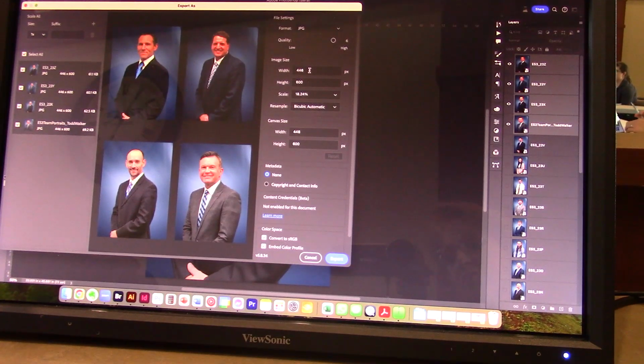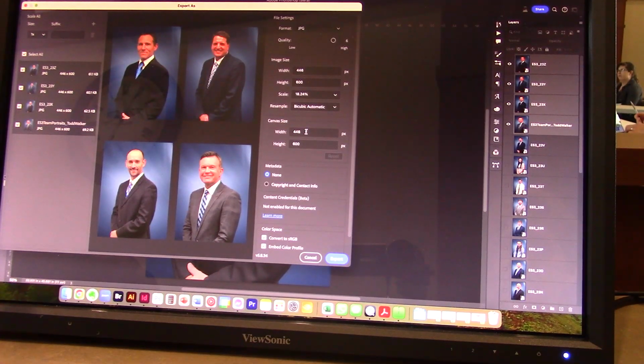My working file is still the full size, full version of this. Nothing is lost in terms of its quality. So I always keep my PSD and my PSB files full size, full RGB for the full color, and when I export, I can limit it then to whatever I want it to be limited to. You can see here that this is 18.24% of the original size, and if I need to, I can also